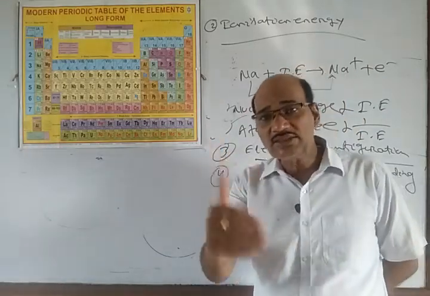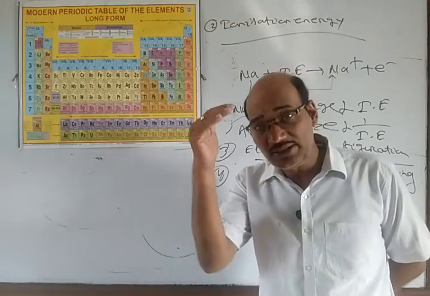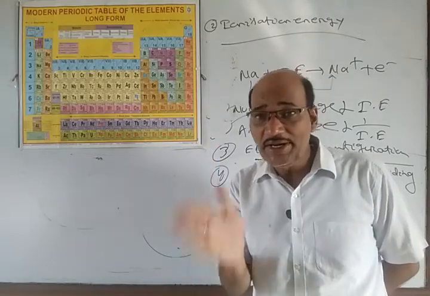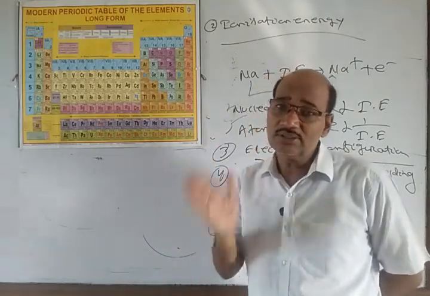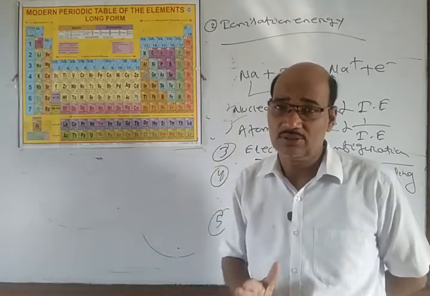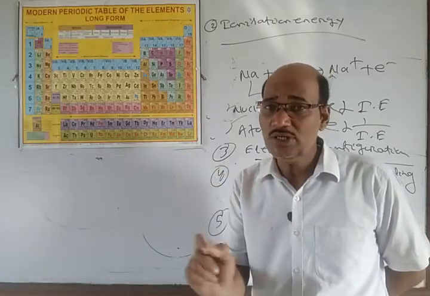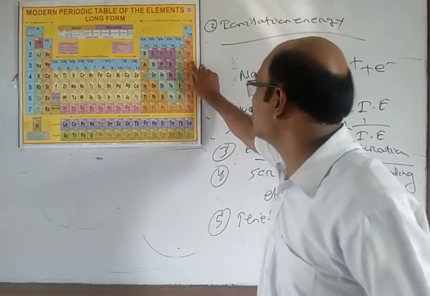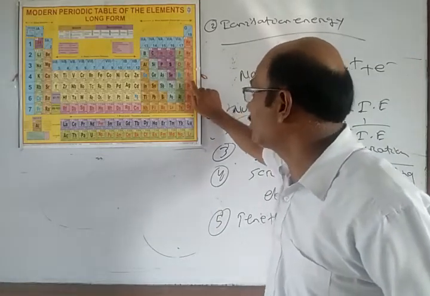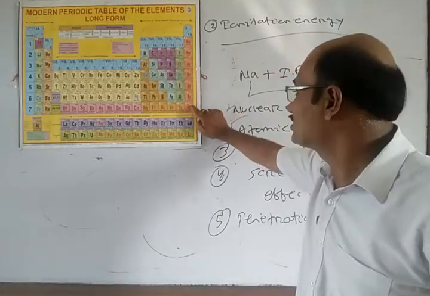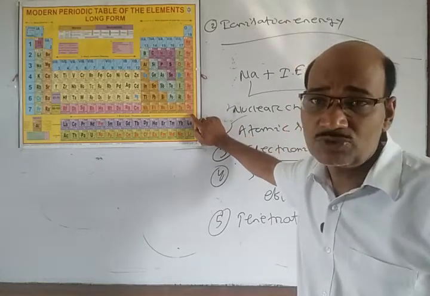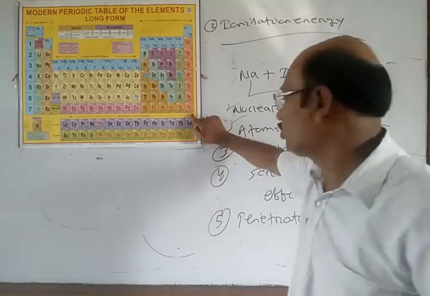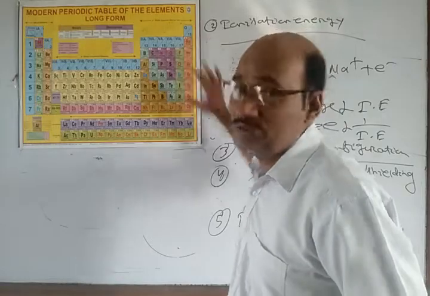and that is your stable electronic configuration. If more than one shell is there, and the valence shell contains 8 electrons, then that is a stable octet, and it is a stable electronic configuration. Here you have 2s2 2p6, 3s2 3p6, 4s2 4p6, 5s2 5p6, 6s2 6p6, and 7s2 7p6. They are called stable electronic configurations.